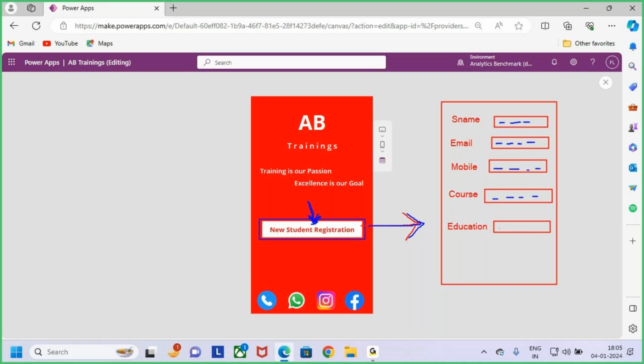And what is the educational background of that student? He needs to enter the education, the graduation. Once after filling all these fields, next in the bottom I want to keep one button, that is the submit button. When I click on this submit button, whatever data we are entering here, the student details,